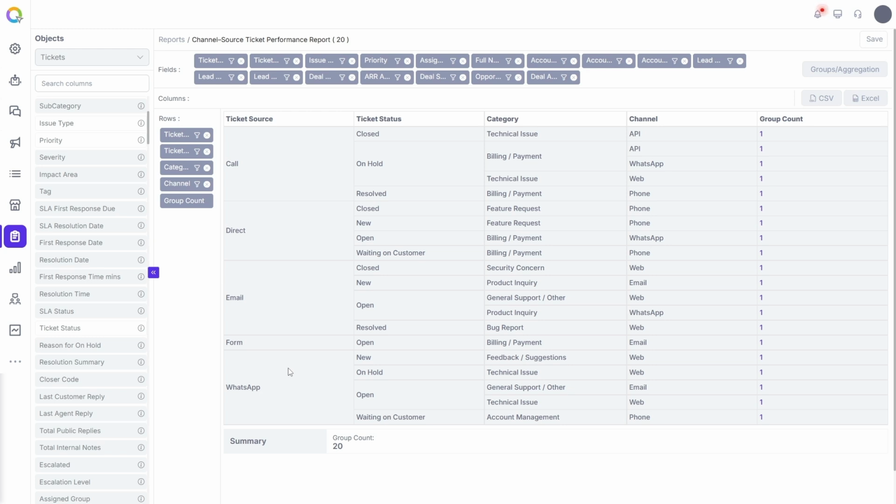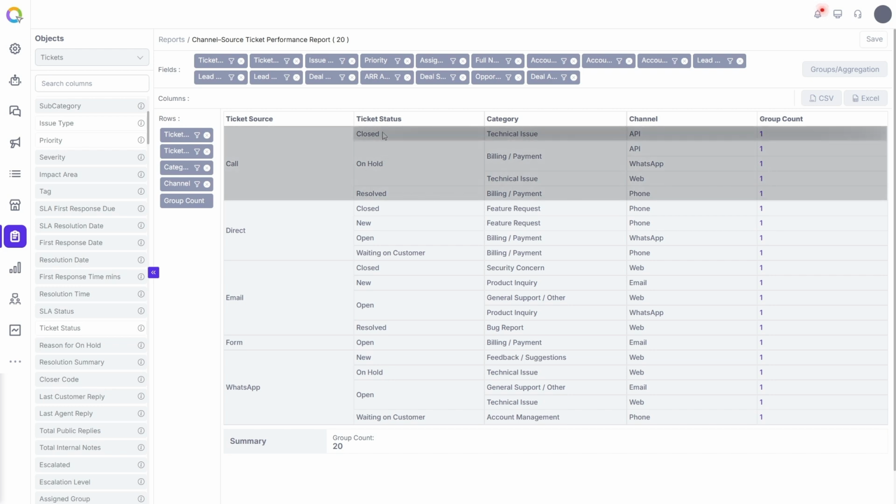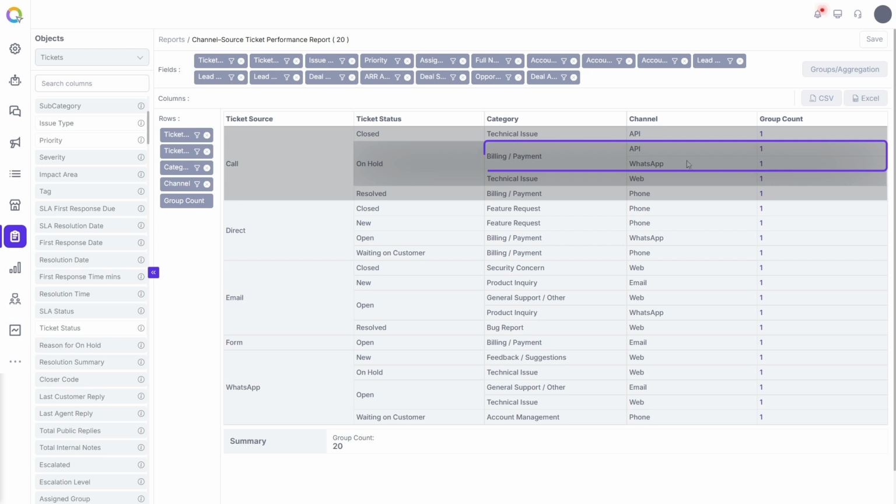Against each source, you can easily see the breakdown of statuses, categories, and channels. For instance, 5 tickets came from calls. Within those 5, 1 is closed, 3 are on hold, and 1 is resolved. If I go deeper into the 3 on hold tickets, 2 belong to the billing and payment category, and 1